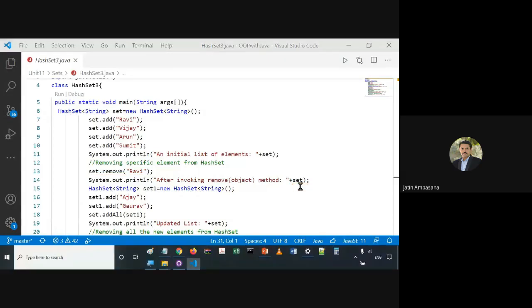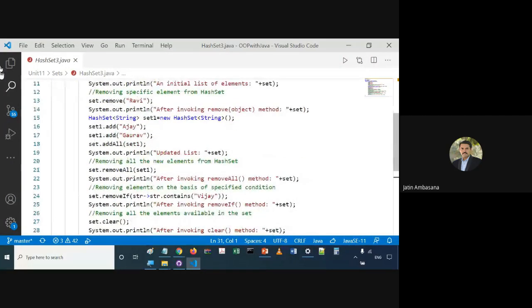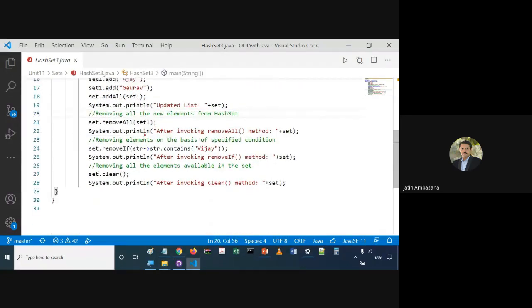Okay. Then check this out over here. We create another set, add some values to it, and add all the elements from that set to the previous set by saying set.addAll. Okay. And then we again display the set. Then we can remove all the elements by saying set.removeAll, and that match the particular set's elements. So all the elements that we just added sometime before are now being removed. So again after that you display the set.